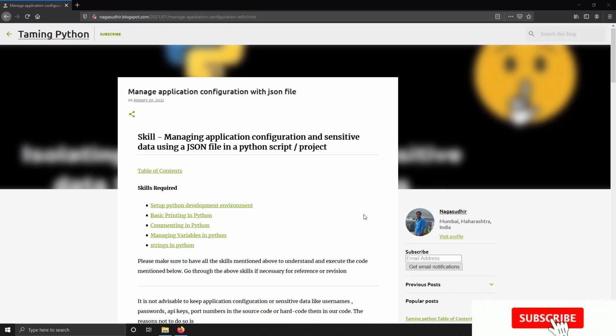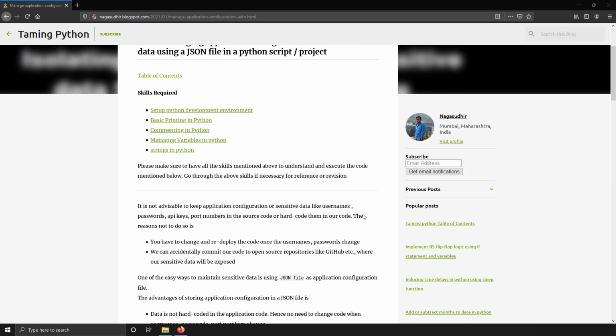In this video, we are going to talk about managing application configuration using a JSON file for a Python script or a project. Our code may require data like database usernames, passwords, database ports, ports to some API services, or some API application keys. You can hard code them, or you can segregate all your application configuration in a file, and you can just manipulate that file to change the application settings. So this is what we are going to talk about.